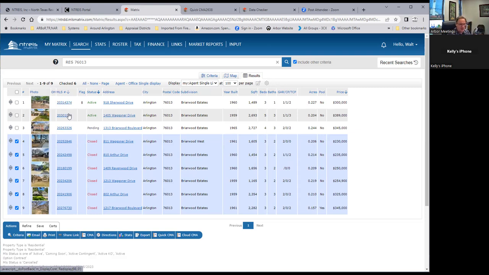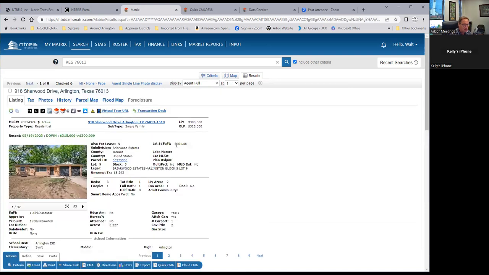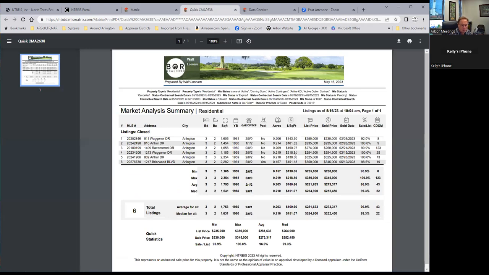So that's the nice thing about doing CMAs on this. You could find out where a price is and where you need to come in as an offer, because from what's on the property, which is $200 a square foot. Well, let's look at this, and